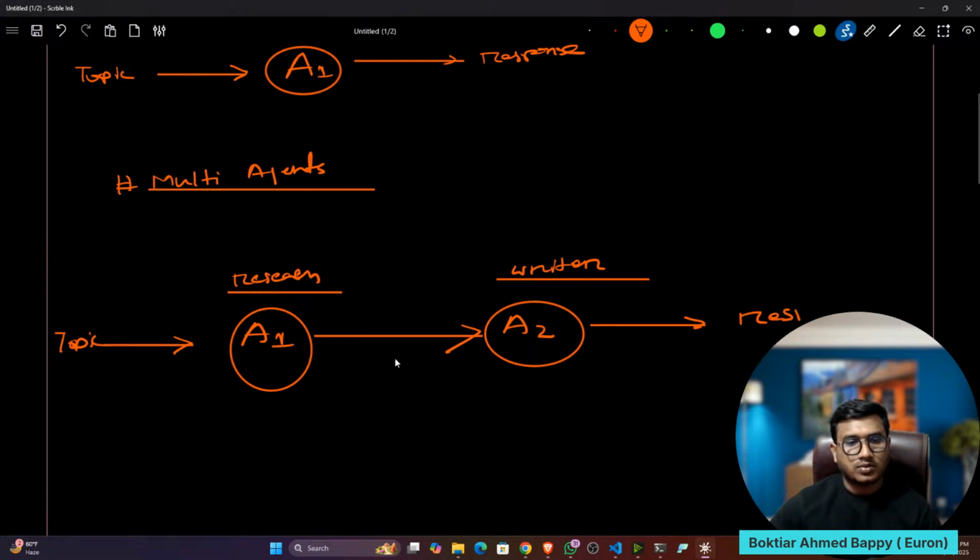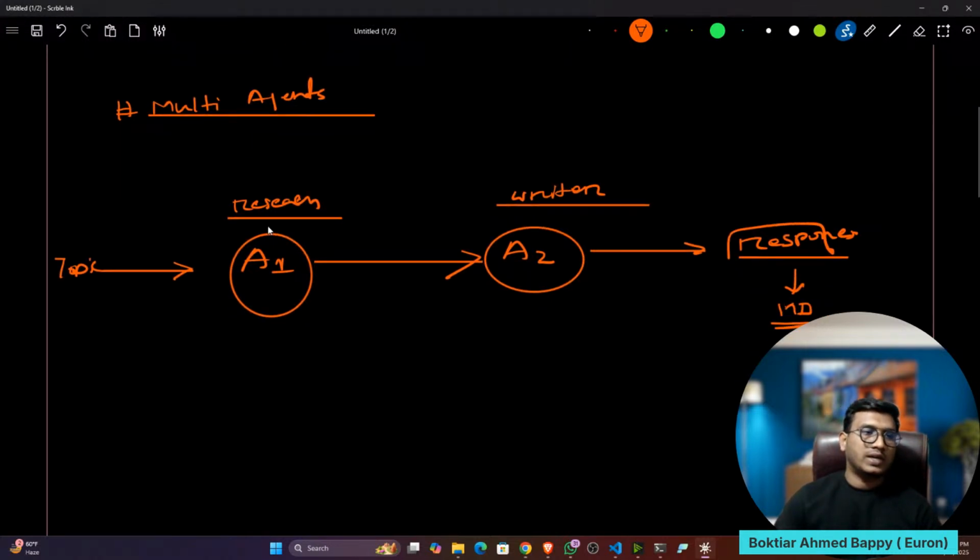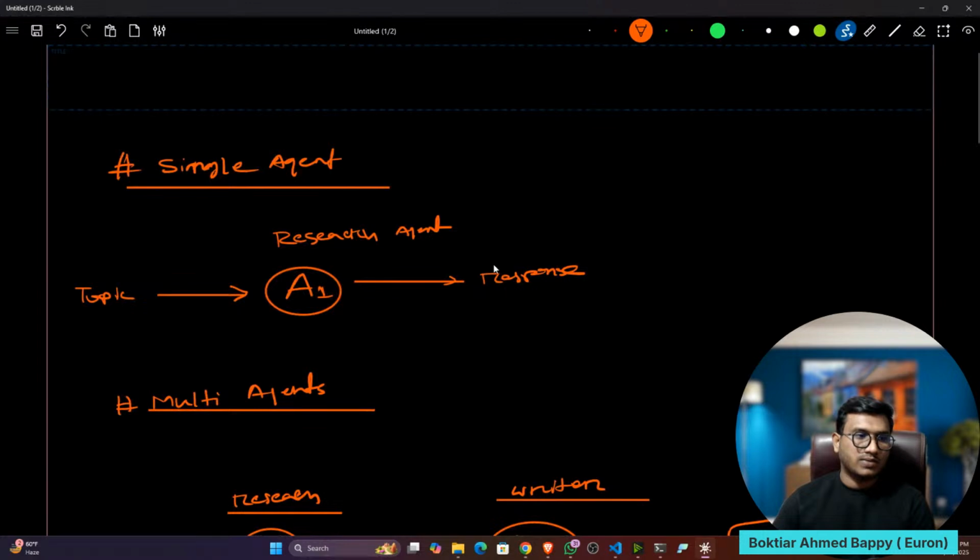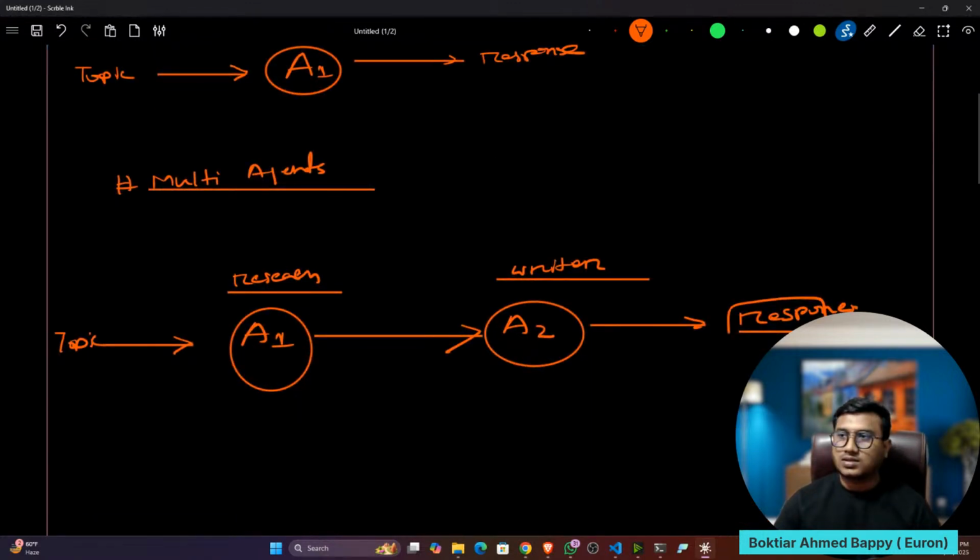These agents will give the response, and I will save this response as a markdown MD file. So I will try to create multi-agents also. First of all, let's see the single agent, then I will show the multi-agents as well. Both we will try to see.